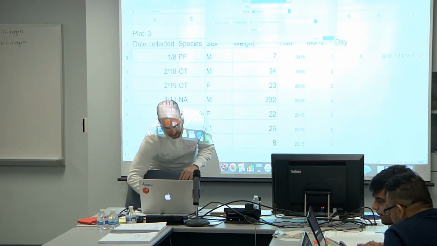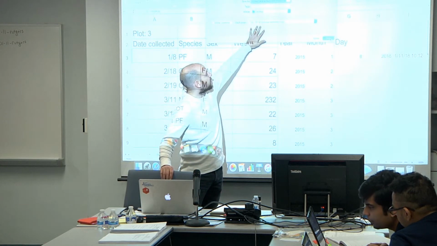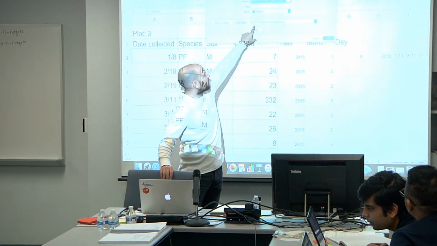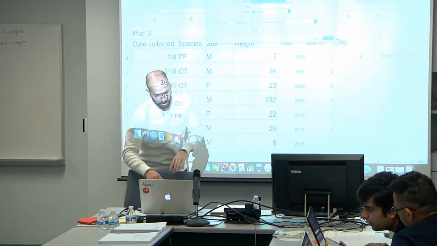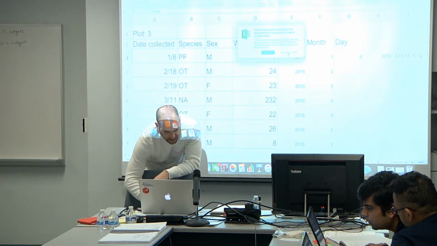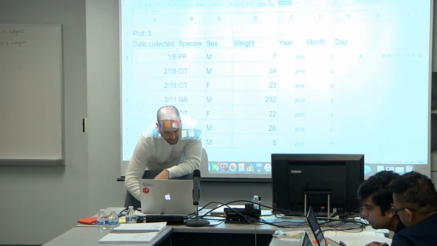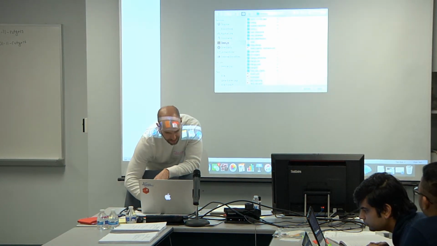CSV UTF-8, right? This is the kind of file that we'll save it as, comma separated values. Save the active sheet. And then if you go to a text editor and open that up,